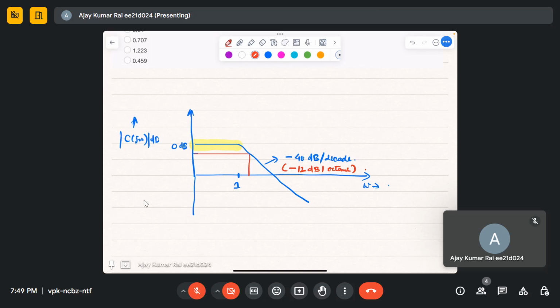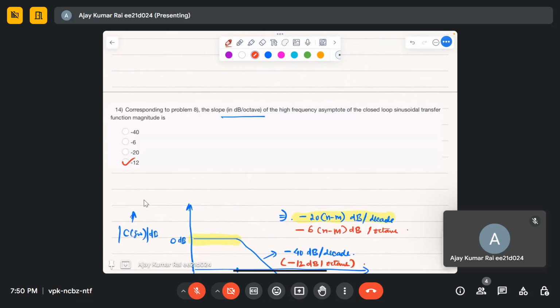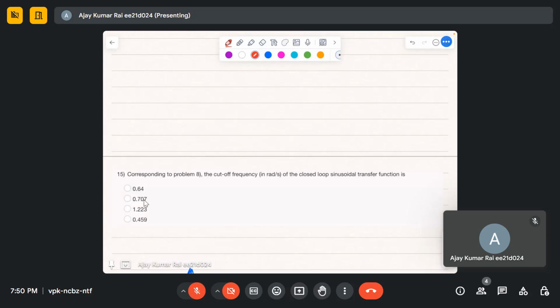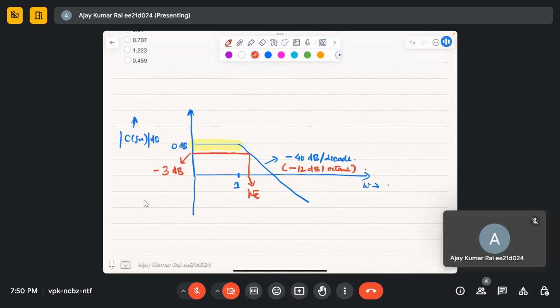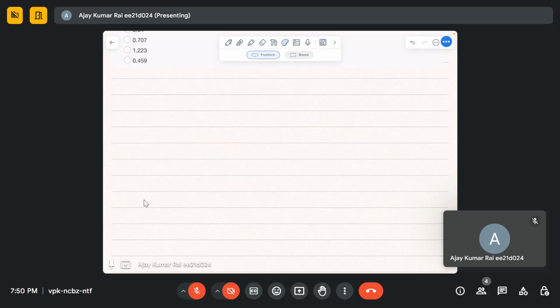Okay, so at this point is minus 3 dB, and we have to find the omega c. Okay, let's find out. Sorry, this is not the problem 8. This is for the previous problem. So delete. So for problem 8,